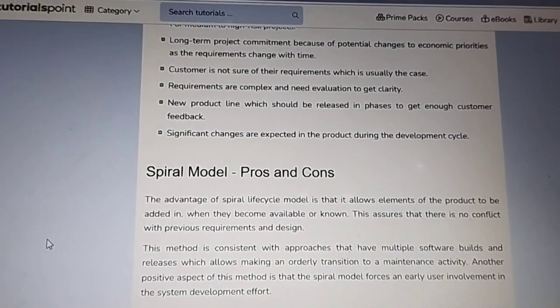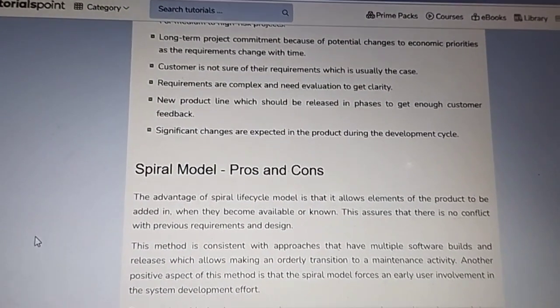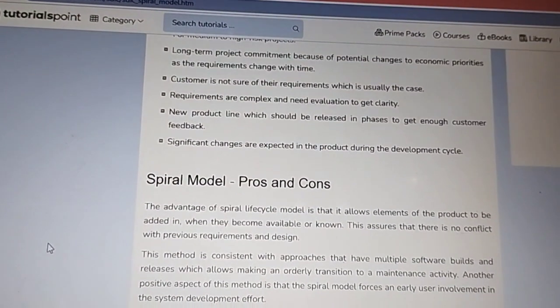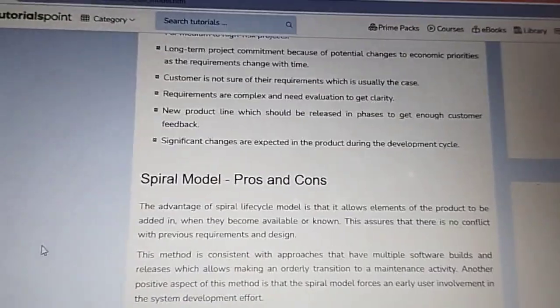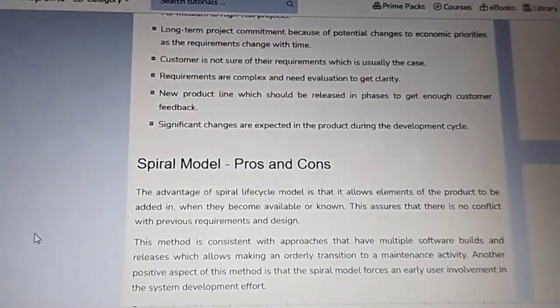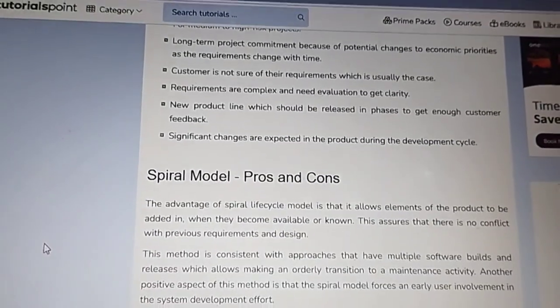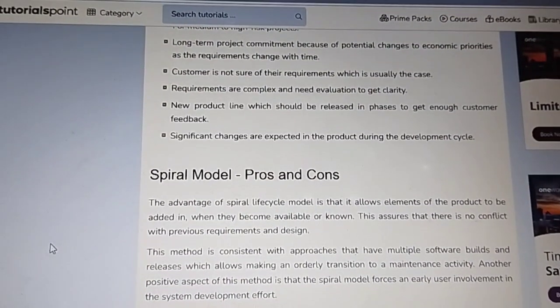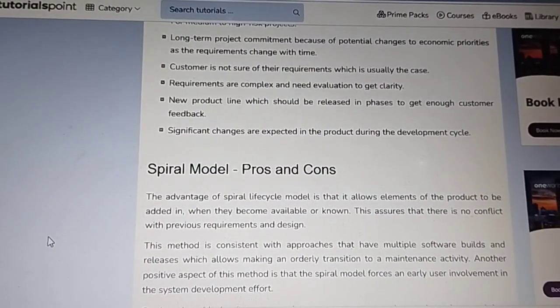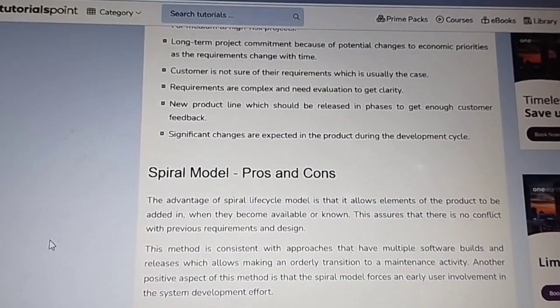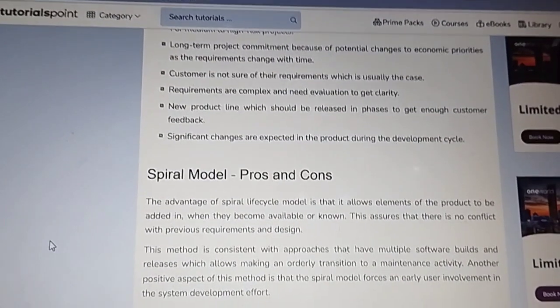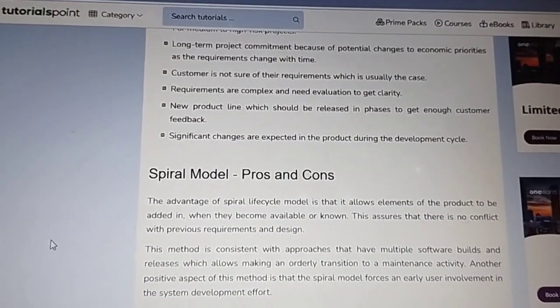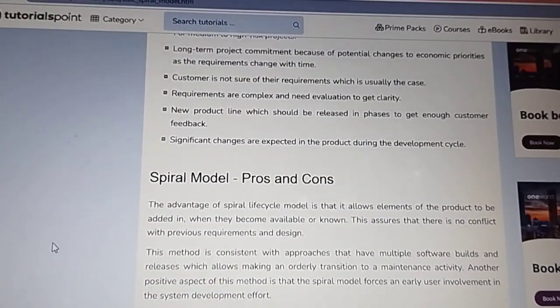The advantage of the spiral lifecycle is that it allows elements of the product to be added in when they become available or known. This assures that there is no conflict with the previous requirements and design. This method is consistent with approaches that have multiple software builds and releases, which allows making an orderly transition to a maintenance activity. Another positive aspect